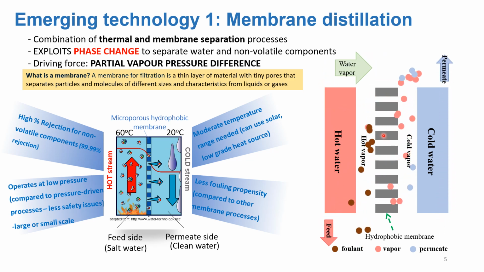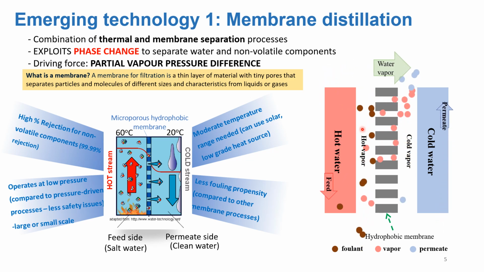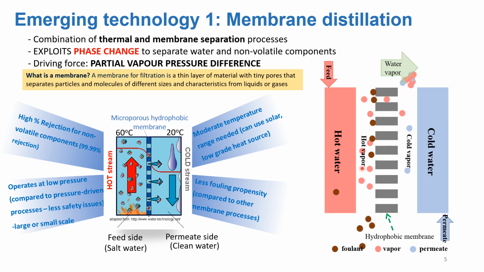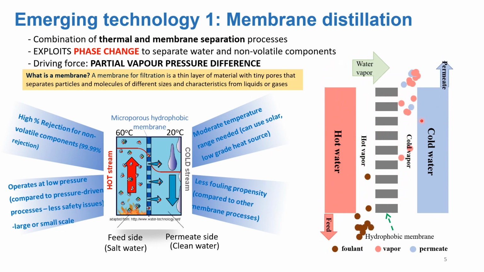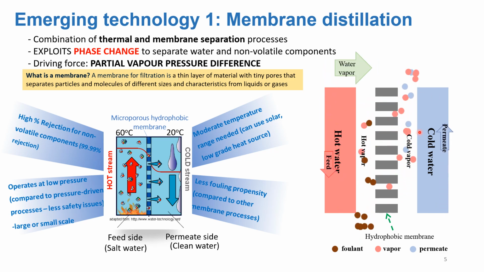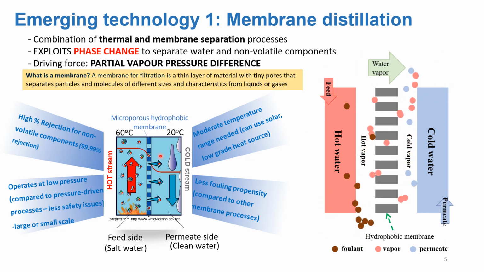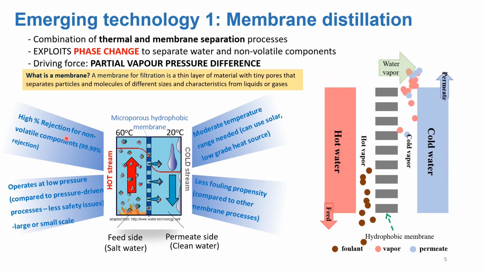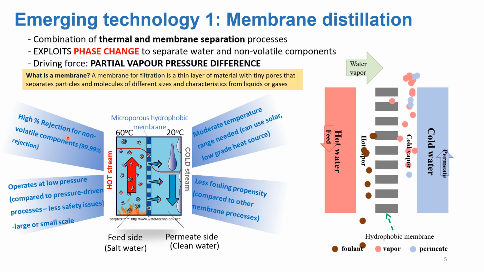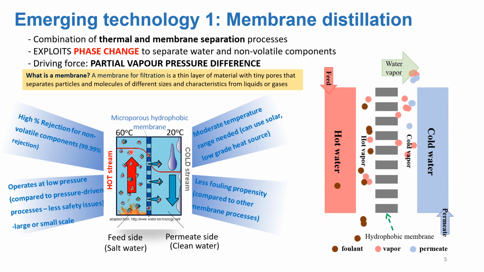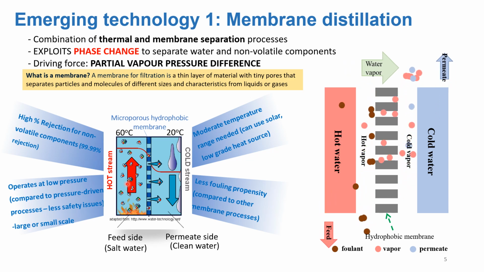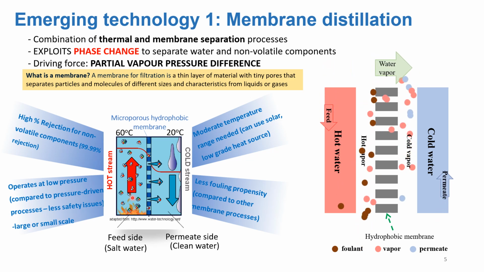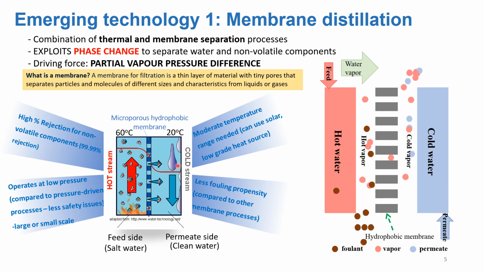If you look at the animation here, we have a hydrophobic membrane, and then you have a hot water side and a cool water side. In this case, the pink dots here are only vapors. So only vapors are allowed to pass through, and it is condensed back on the other side as pure water. The main advantage of this process is that it has a very high rejection rate. It means that in theory, almost all salts or impurities that are non-volatile can be rejected by the membrane. So 100% rejection rate for this process. It can only evaporate the volatile components.